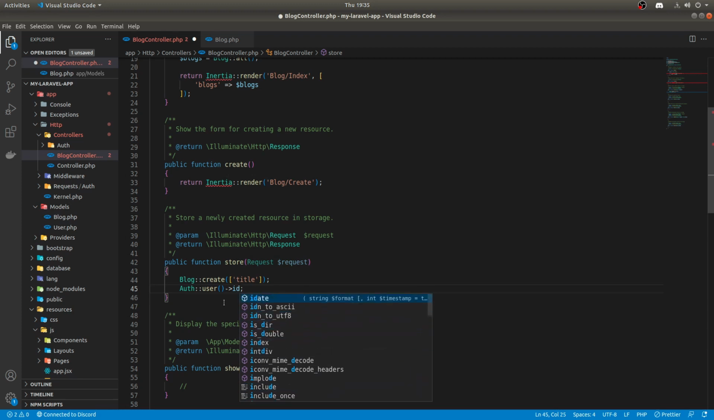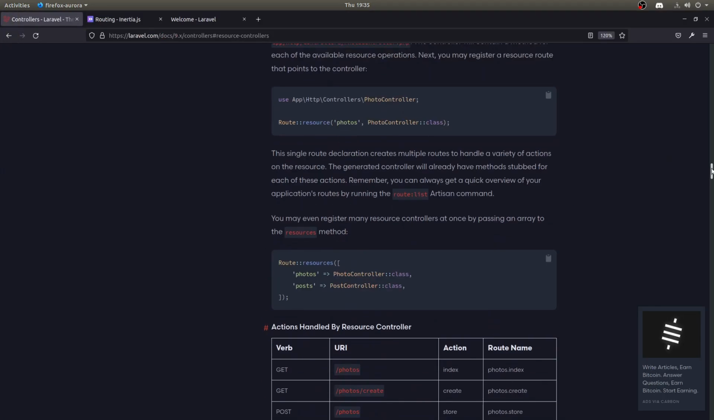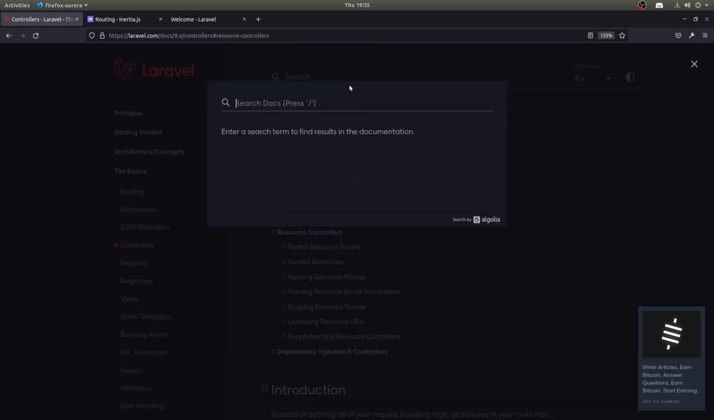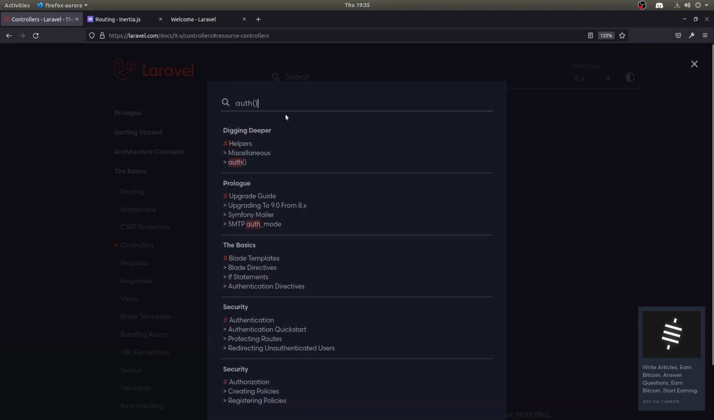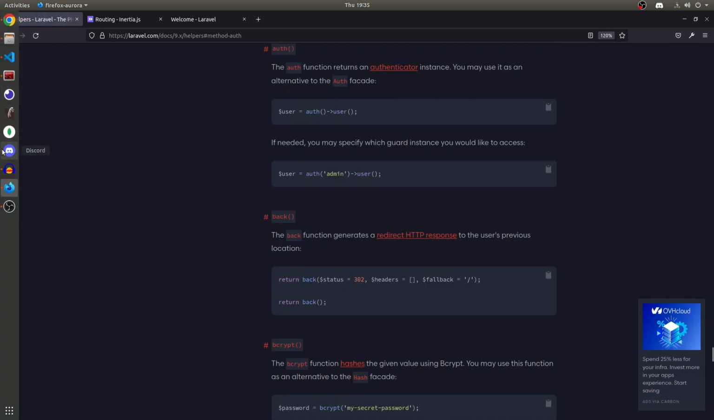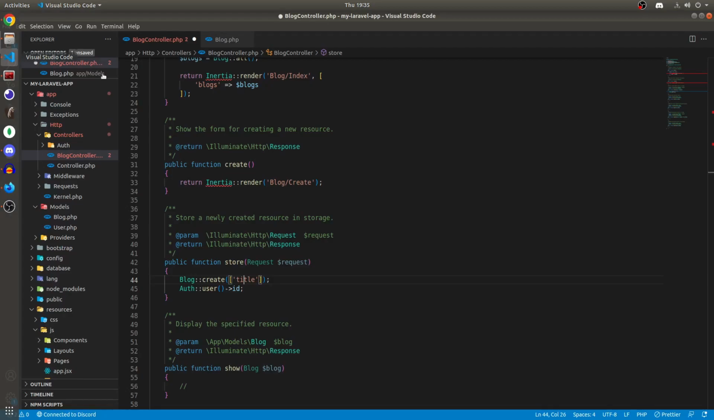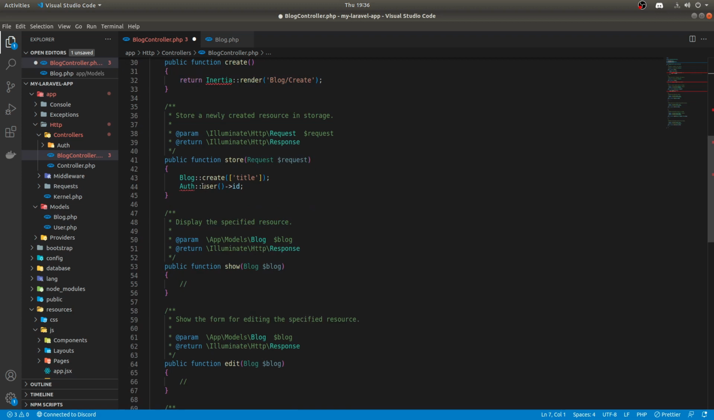It's been a while since I've done this, to be honest with you. Let me have a quick look in the documentation, because I think there's quite an easy way to get the user ID. Is it like this? There's some helper functions that let you get it. There we go. Helper functions are available basically throughout the application, so you don't need to bring in this auth here. What we can do instead is do